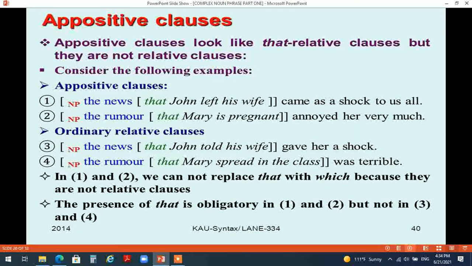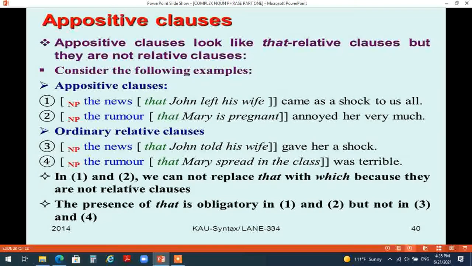هذا هو الاختلاف الأول. The presence of that is obligatory in 1 and 2 but not in 3 and 4. من يكون عندي appositive clause الذات ضرورية ومهمة وما أقدر أستغني عنها بالجملة. أوكي؟ ما أقدر أحذفها. لكن من يكون عندي الذات مستخدم في relative clause ممكن بكل بساطة إنه أحذفه من الجملة ويتكون عندي اللي أسميه reduced relative clause. ممكن إنه أقول the news John told his wife. وممكن أقول the rumor Mary spread in the class. إذن هذا هو الطريقة الثانية اللي من خلالها أقدر أميز إذا كان لدي appositive clause or